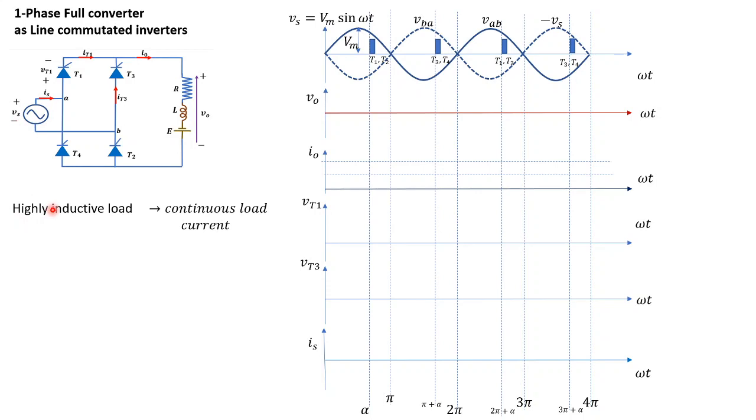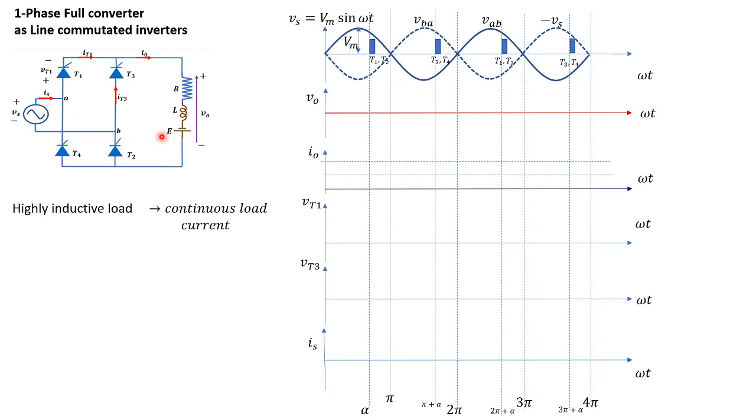Now in order to explain the operation, let me consider the load to be highly inductive in nature, so that the current through the load is continuous. You can see the voltage across the source with this polarity, that is VAB, shown with this thick curve, and VBA shown with the dotted lines, which is equal to minus Vs, and the peak value of the input voltage is Vm. Here, if you observe carefully, the battery voltage polarity is reversed when compared to its operation in rectifier mode. That is one of the important observations to be noted down.